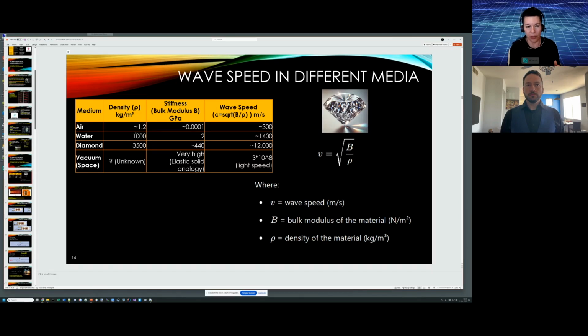In diamond you also have a wave speed. Diamond is pretty stiff, right? So in diamond you have a really large wave speed, like 12,000 meters per second. That's pretty large. Now, of course, in our case the speed of light is much larger even, right? So the question is, what kind of properties would that medium need to have for it to have such a large wave speed? The speed of the wave can be derived from the bulk modulus of the medium. It has to do with the stiffness and the density of the medium.